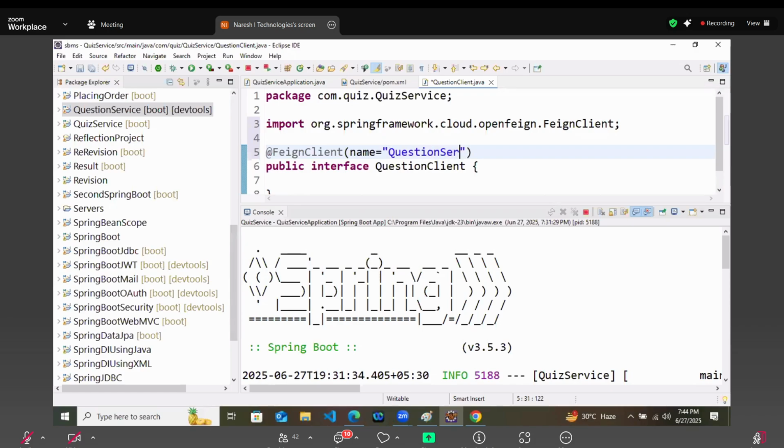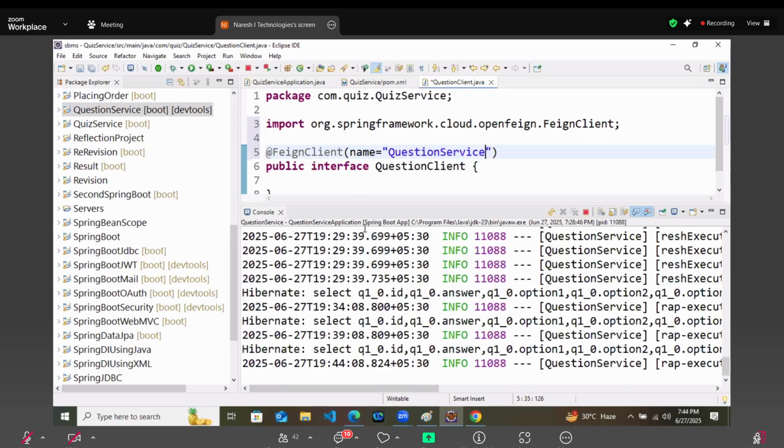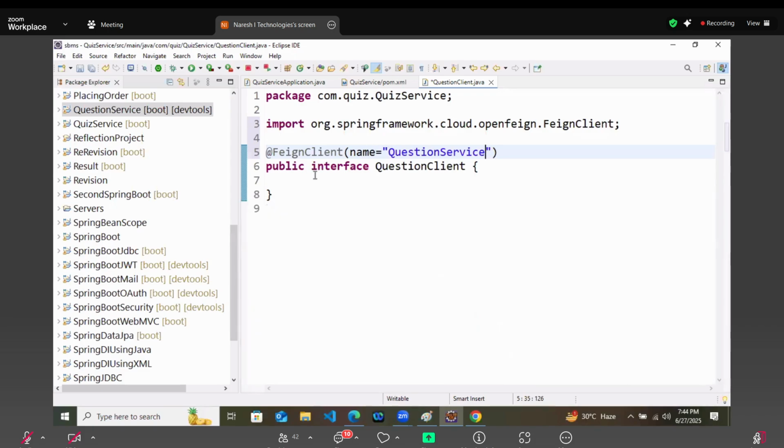So what we have done here, we have created an interface of question client. To that we have just written the Feign client, the name of Feign client. Now inside this, you have to type a method to whom you want to talk, to which controller, meaning mapping.